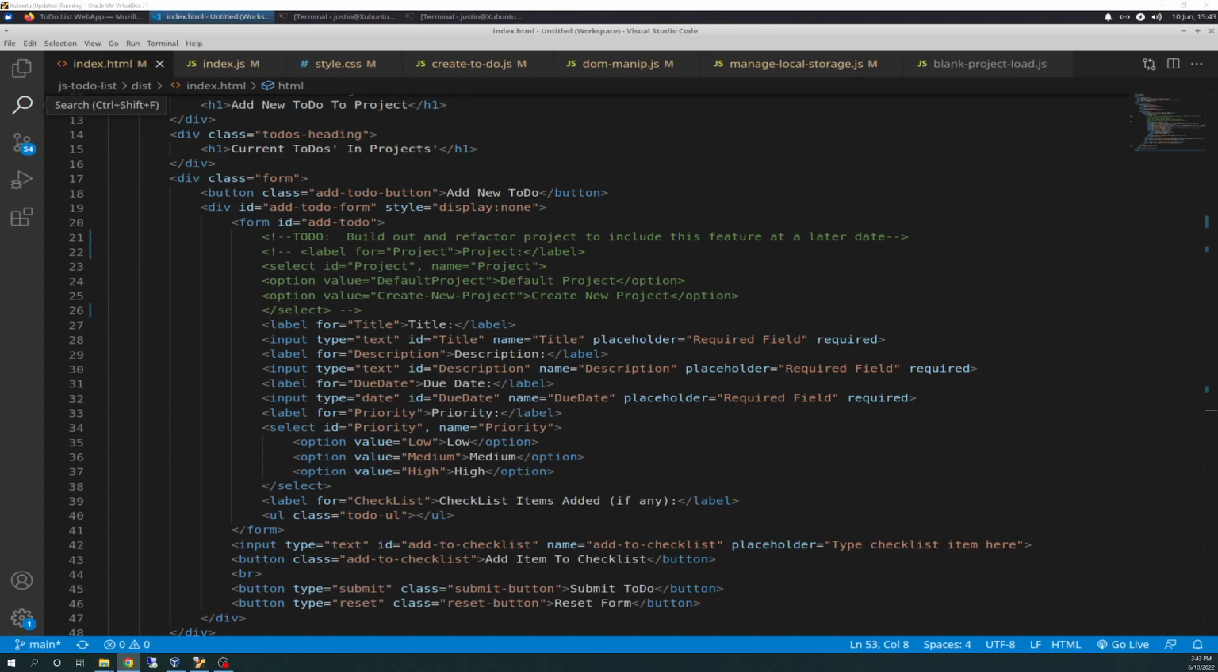You can see some commented code there in my HTML that says to do: build out and refactor the project to include this feature at a later date. So what I did was I commented out the default and create new project drop down list because I wasn't able to make that work. You'll see as evident as we go along that it's not included, and the reason why I excluded it,